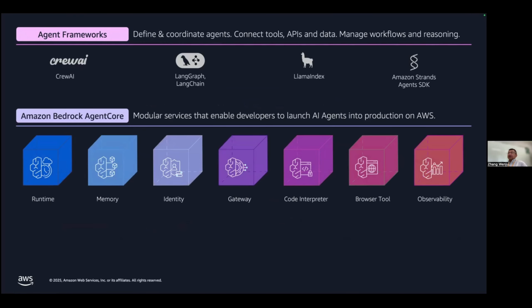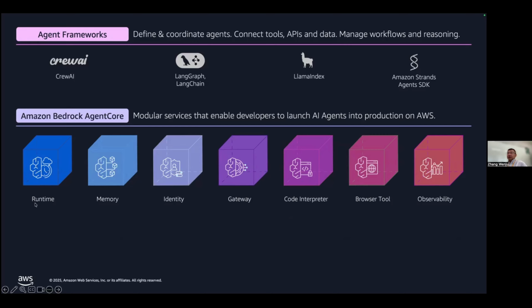As you can see here, AgentCore is a managed service enabling developers to build and operate their agents on this managed service without heavy operations, etc.